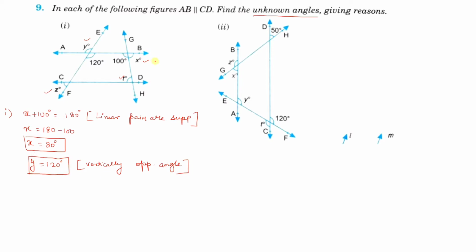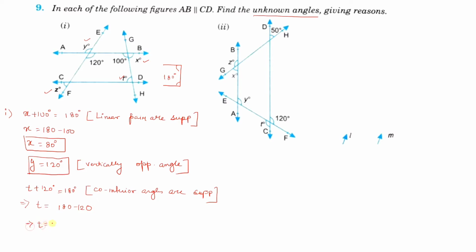Okay, let us first find out t. 100 and t are forming co-interior angles because the structure is like this. So I have told that these two angles will be co-interior and the sum of the co-interior angles is 180 degree. So here you will write t plus 120 degree is equal to 180 degree. The reason will be co-interior angles are supplementary. Okay. So from here you will find out the value of t, that is 180 minus 120.